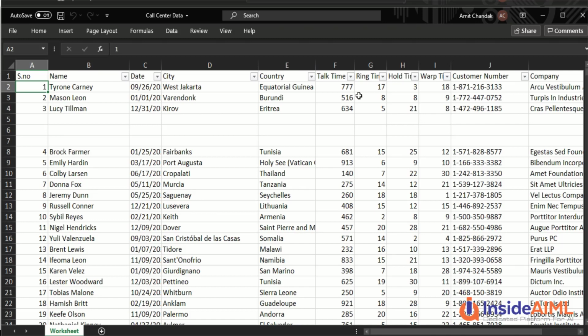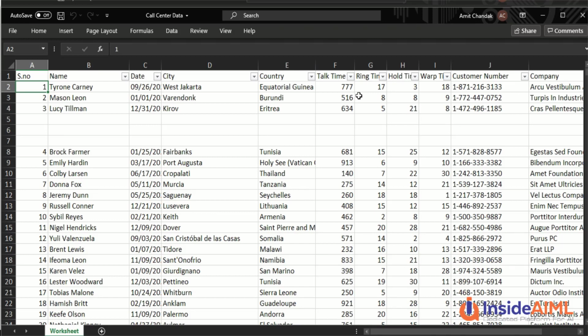Now the total time, and then we need to have a total time percentage, which we are going to do anyway in Tableau. So we need to sum up all these four: talk time, ring time, hold time, and wrap up time, to get the total time. And from the total time, we can find out the percentage of total time. Now we can do it at row level and create a bucket for how much percentage of the time is talk time. Typically 90% of the time should be talk time, or 80%, and the rest of the time should be below it.